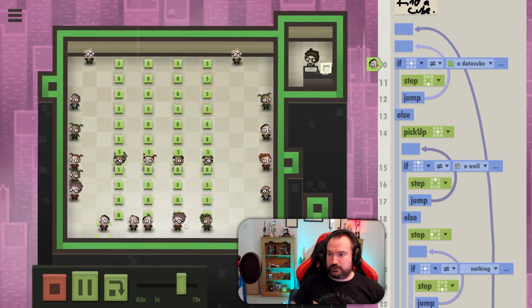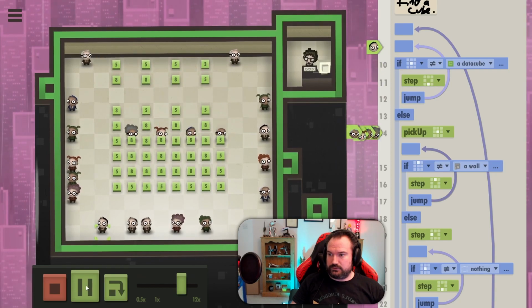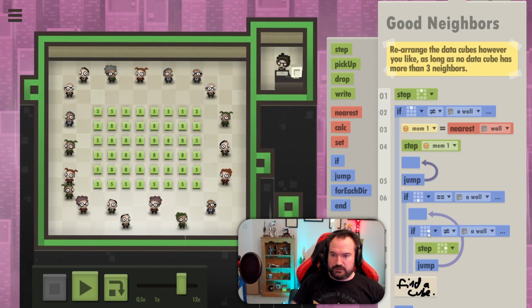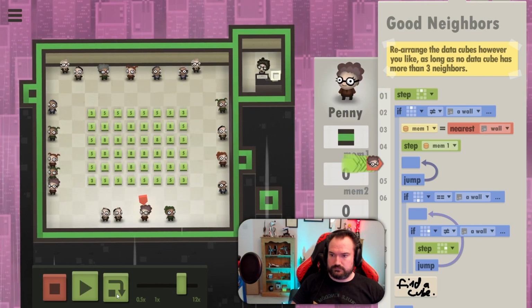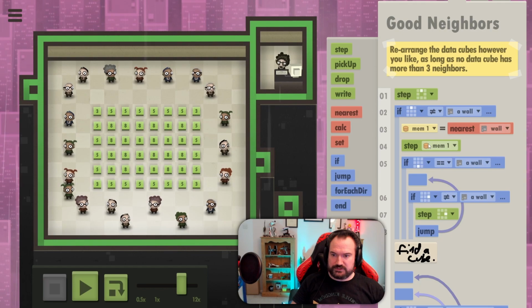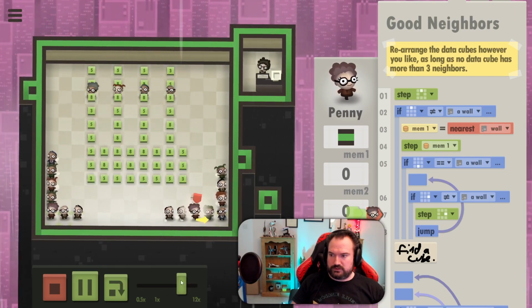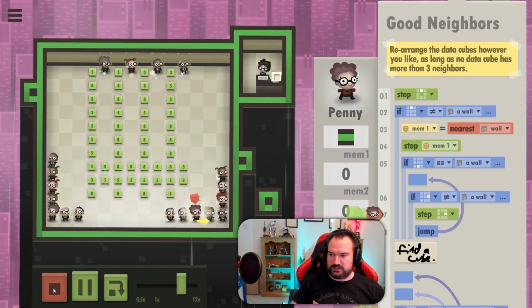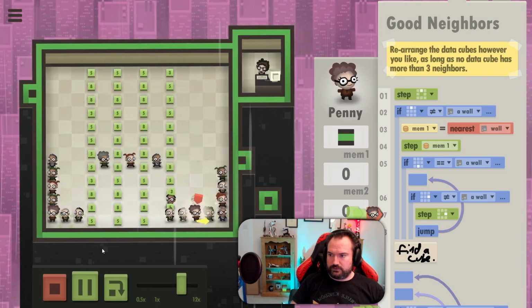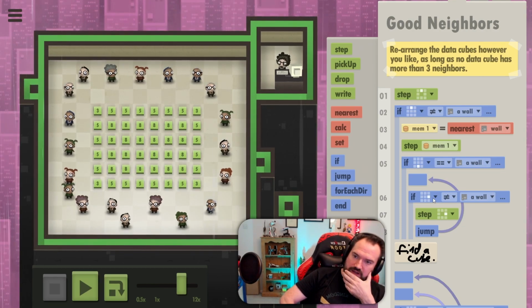These guys are in the wrong spot. Why did these guys not move? What? Nearest wall, step mem 1. Oh, it's because they're jumping. Step mem 1. If this is not a wall, step. Right. Okay, I still need them to clear out of the way, though. I'm like one short of being able to do this. So, need you to clear out of the way. If you're not on a wall,